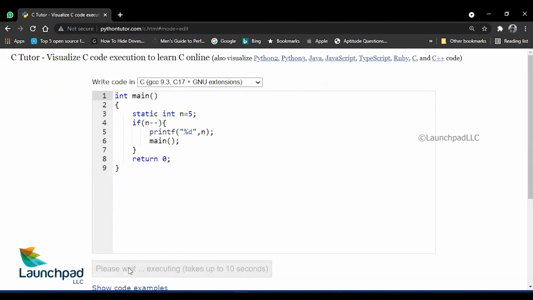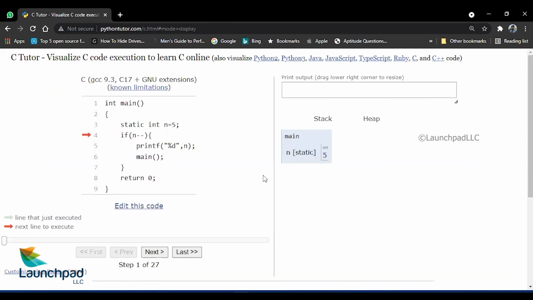Let's visualize this code. So when you go to the next stages, every time you run it, this n is stored as static. Every next time, the n is stored as static. So all the n variables, all the recursion paths, are accessing the same memory. That is why when one value changes, all the values change.